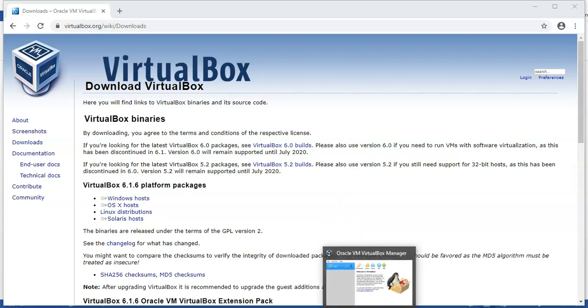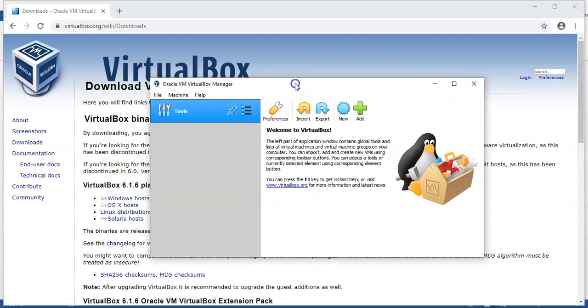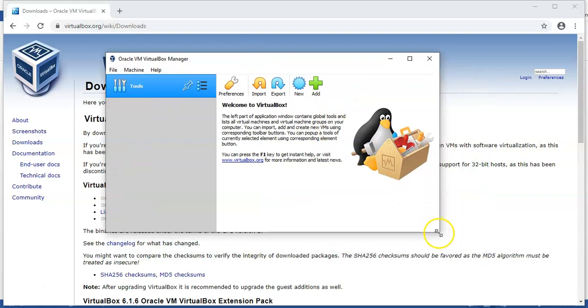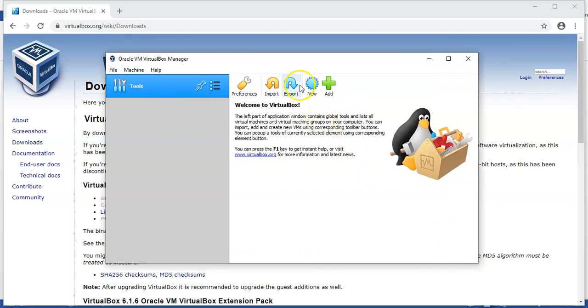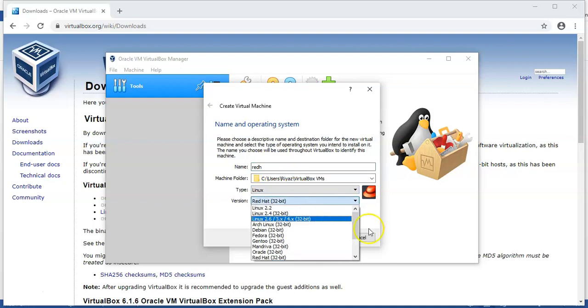It's launching. So this is how your VirtualBox initial interface looks like. Then you can go to New. You can assign a name. Let's say you put Red Hat. Automatically it selects the Linux type. Then you have Red Hat 32-bit, 64-bit. You can select that and